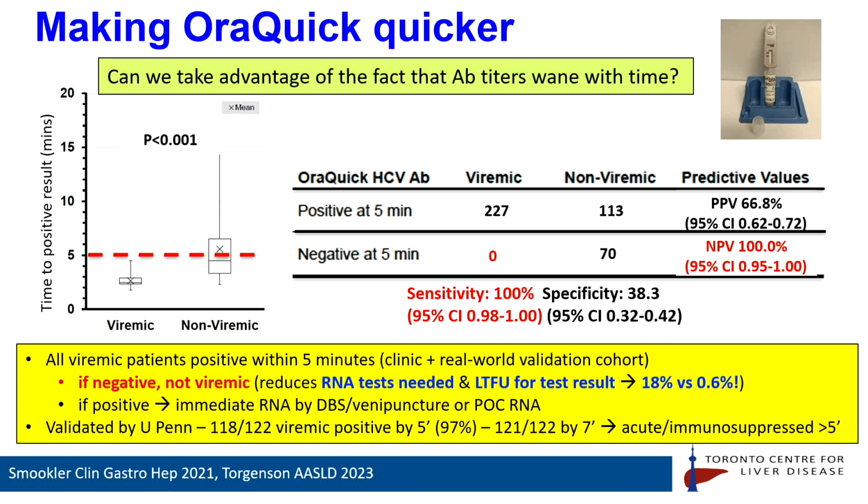It also means you don't have to make people wait around for 20 minutes to get a result, which at least in our experience in some populations can be really impactful. We found among people who inject drugs, we lost about 18% of people waiting for 20 minutes, and we lost less than 1% waiting for 5 minutes. But importantly, a positive test within 5 minutes does not mean they're viremic, so you can't use it the other way around. It just excludes viremia, and this was recently validated by a group at UPenn showing similar data, very